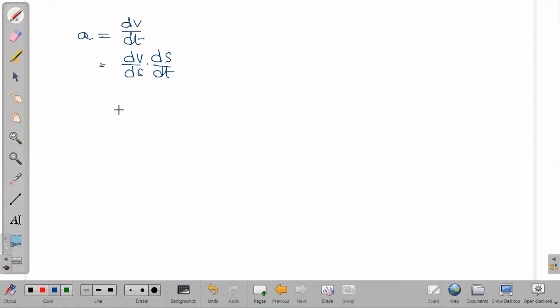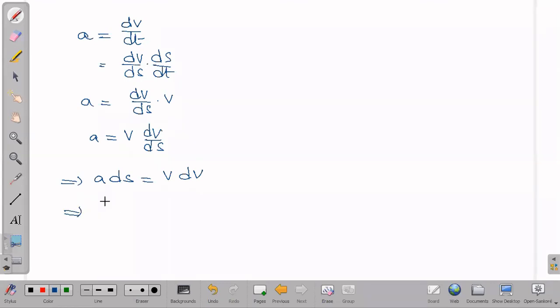Now here what we are making is a small change, dv by ds is there. This ds by dt, rate of change of displacement, is what? Our v, right? That we have already seen. Now I am rewriting this as v into dv by ds. So a is equal to v dv by ds. Next, if this ds goes to the other side, what happens? a into ds is equal to v into dv. Now the same functions are there on each side; here it is different, so we will take it out.